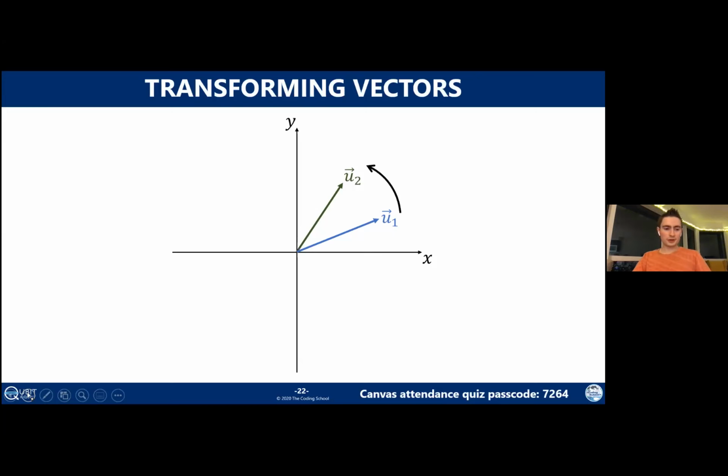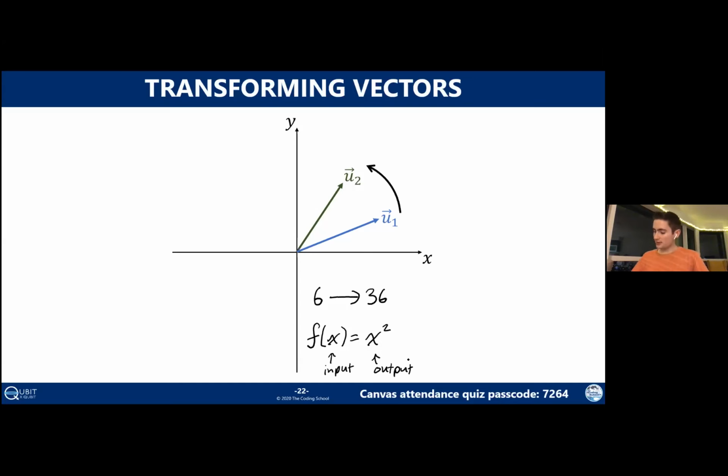So if you think to your intuition with transforming numbers, let's stop talking about vectors for just a second. If you had a number like 6 and you wanted to transform it to become its square, so for example here 6 squared is 36, how would you write this using math? Well, I think most of us would be familiar with the notation of using f of x equals x squared. And what this is telling us is that the input, which sits right there, equals the output, which sits right there. And the way we describe this transformation is with a function, f.